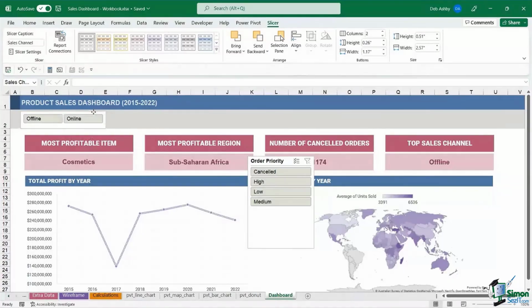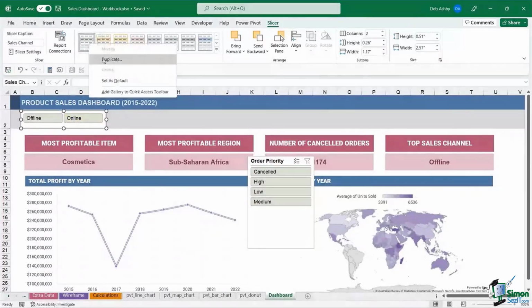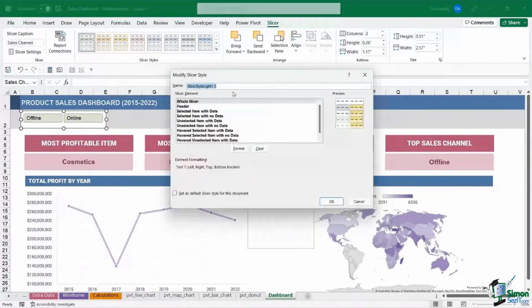What we can also do is change that background fill so that it blends into that grey background. Now for this, we need to effectively duplicate the style that this slicer is using. And if you take a look above where we have slicer styles, you can see the one selected is the one that's in use, this kind of greeny color. So what I can do is right click and say duplicate, and then I can modify. So I'm going to call this just my initials, slicer style. And the only thing I want to do with